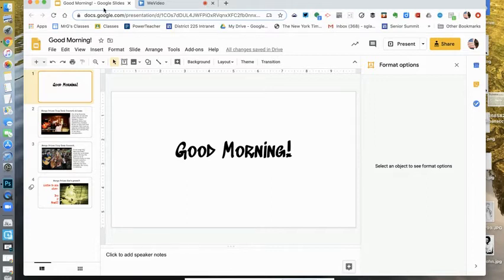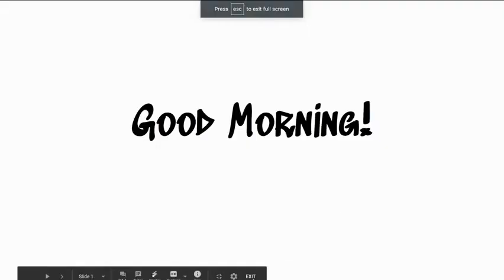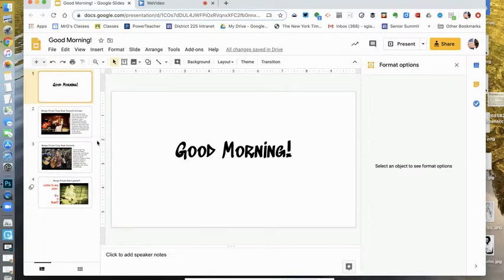As I said in the directions, you'll go ahead and make the Google slideshow just like you would have if you were doing this actually in class. So I have mine made right here. Okay, so once I have my presentation made, I want to come over and open up Screencastify, which I should